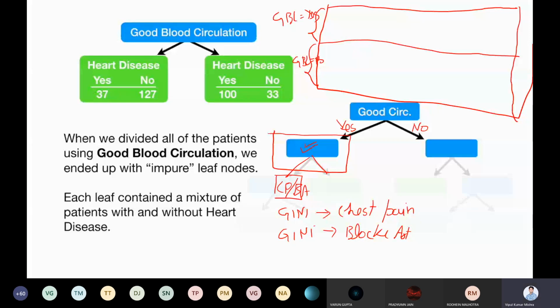Okay, so now we have two parts. This analysis performed here will be based on only this part, and the second analysis from this side will be based on only this part. Getting it? So now you have divided a bigger problem into two sub-problems. Now again you will look into the two sub-problems independently, right?